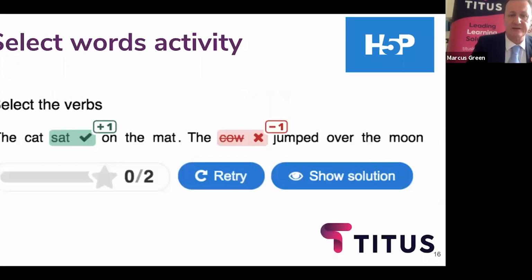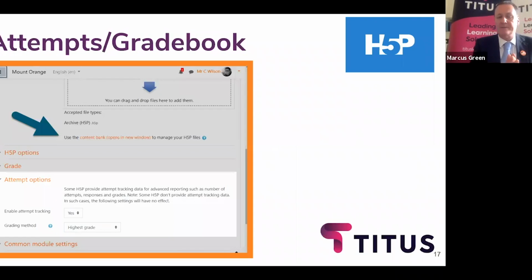But if you see here, visually appealing, this is all, this little +1 and the little box where it's just set up. I love it. Right. One of the additional things it's supplying, and this is one of the reasons some people might call this the H5P integration release, is that H5P now puts well,